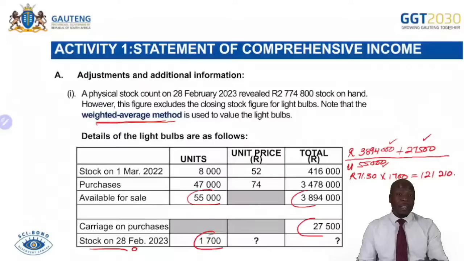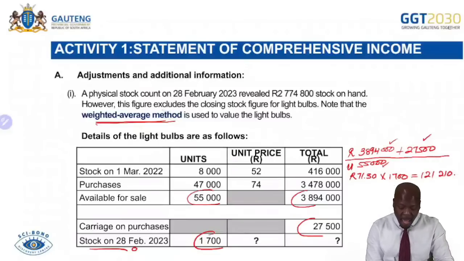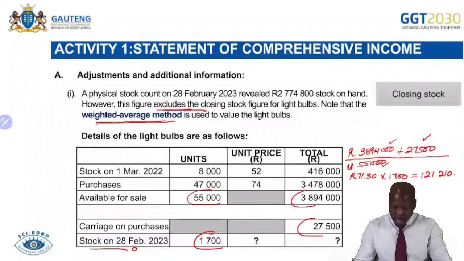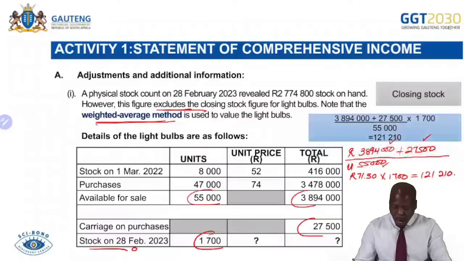This then is the value of stock that was not recorded. This is the value of the light bulbs that was not recorded, the amount that was excluded from the closing stock figure. All right, so there is the typed version of how I got my